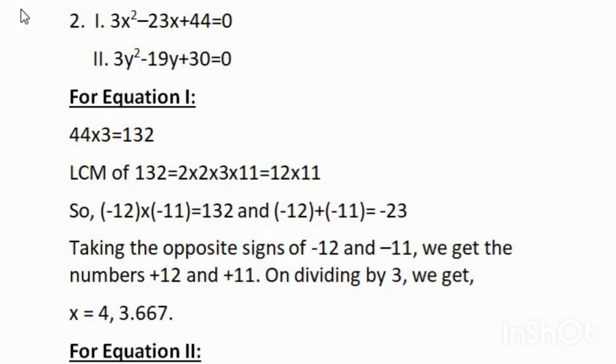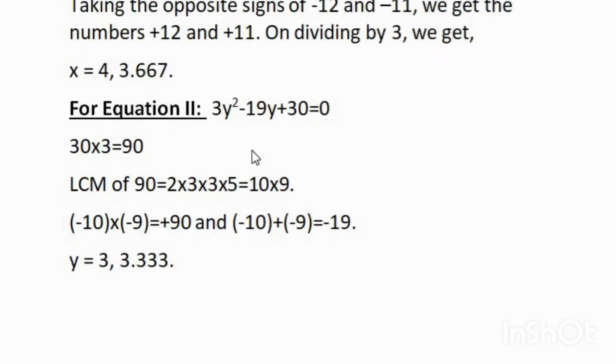Now we can consider equation 2. Equation 2 is 3y square minus 19y plus 30 is equal to 0. So what is the first step? Multiply the y square term and the constant term, that is 30 into 3, it is 90. Now take the LCM of 90, you will get 2 into 3 into 3 into 5, which can be written